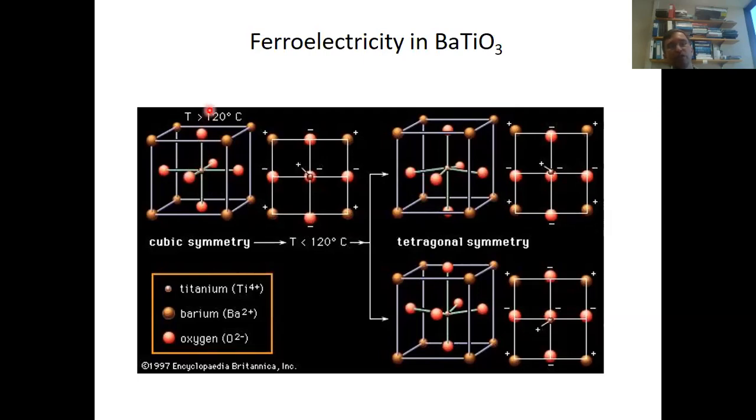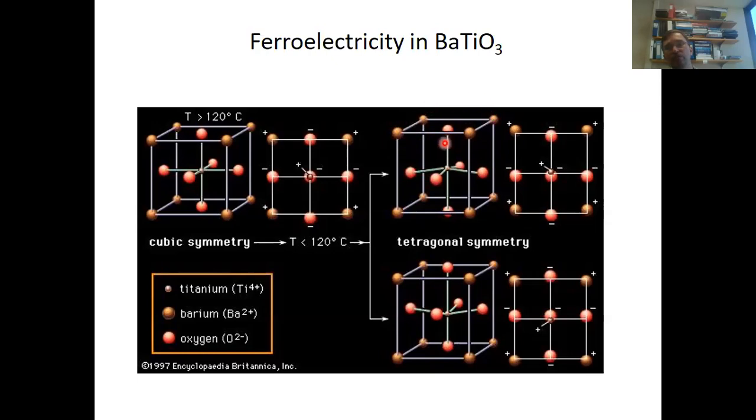But if we go to lower temperatures, then the titanium starts to stick toward one face of the cubic unit cell, and then of course our cubic unit cell is no longer cubic. You see here the titanium is somewhat displaced in one direction toward this face